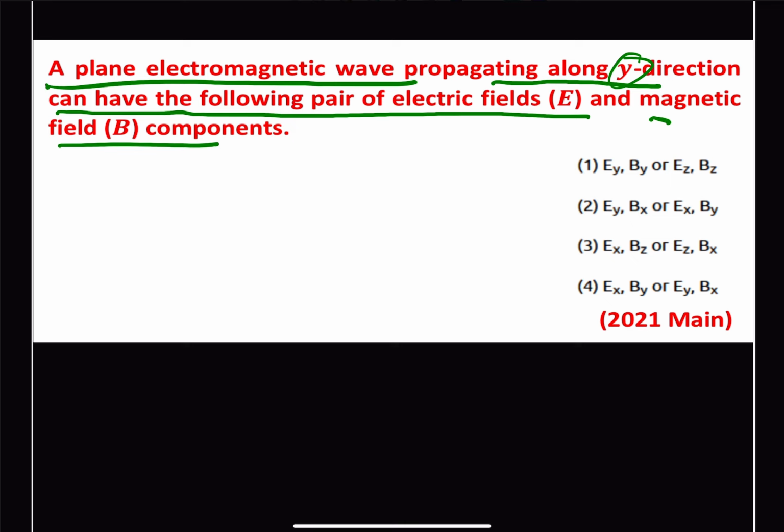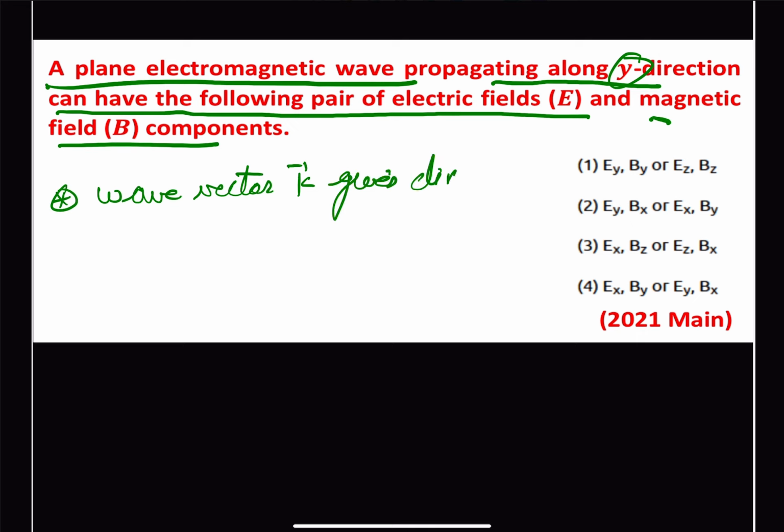So we are given the wave vector direction, that is the direction of our propagating wave. So we can say that the wave vector, which is represented as k, gives direction of propagation,